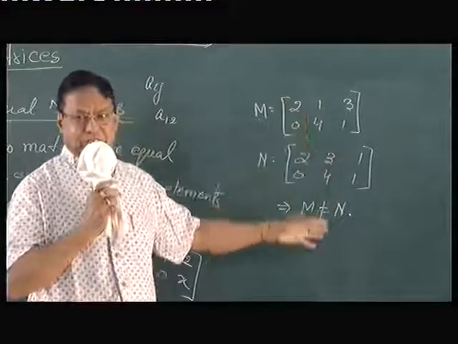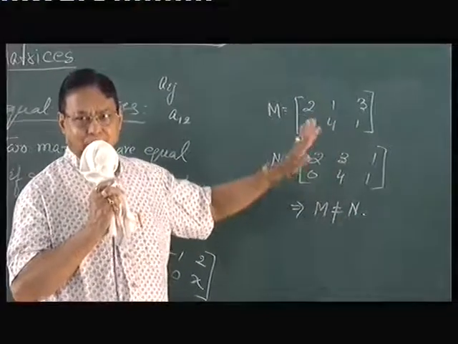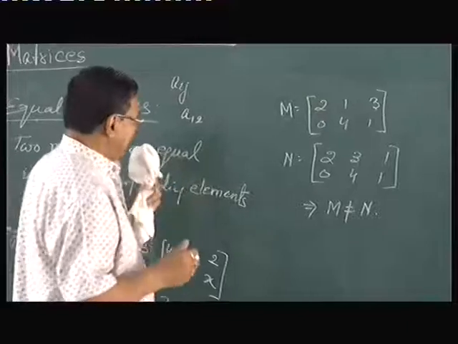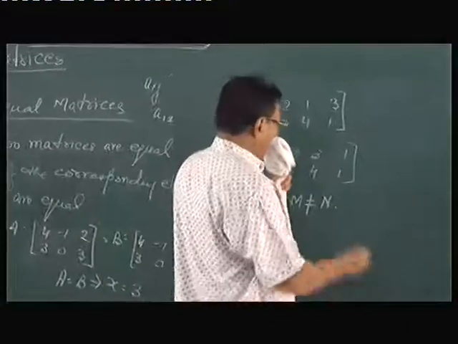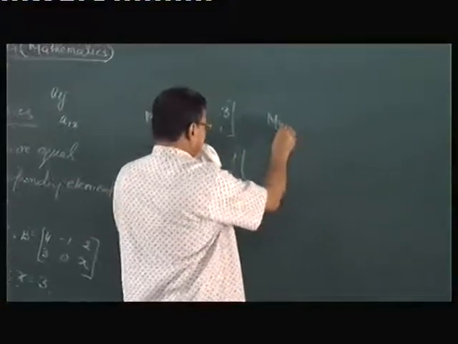Element is different or changed. It is not equal. Okay. Next, I come to multiplying a matrix